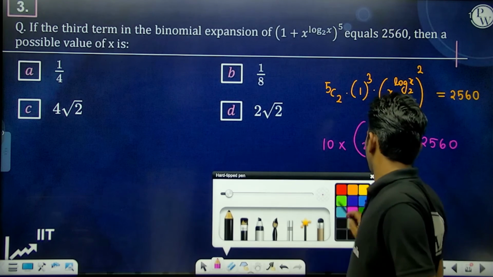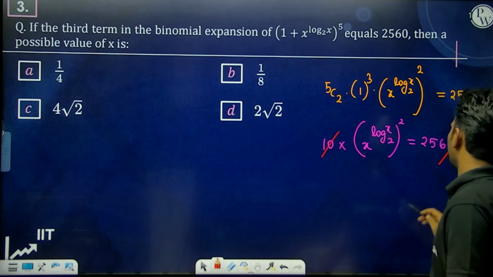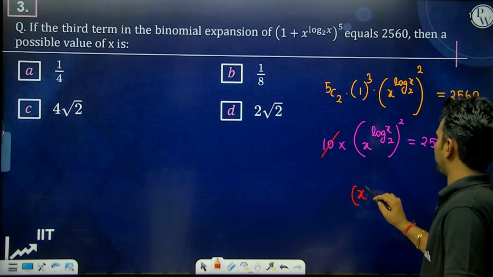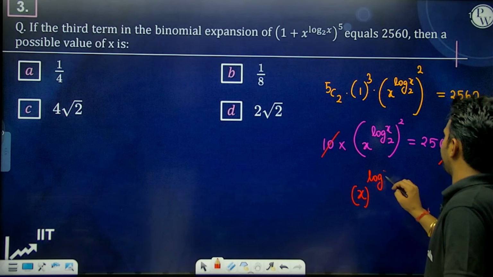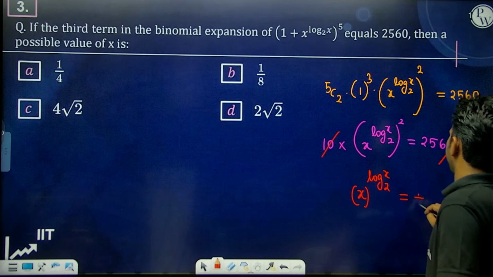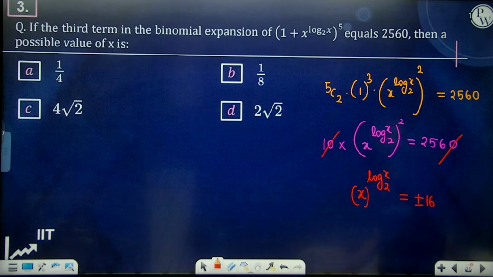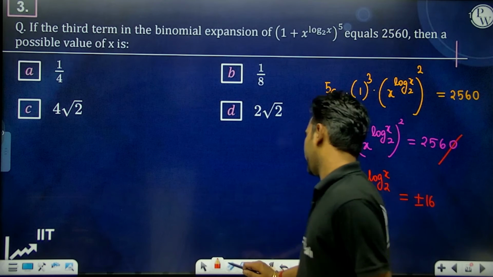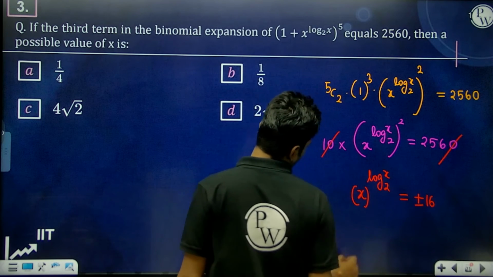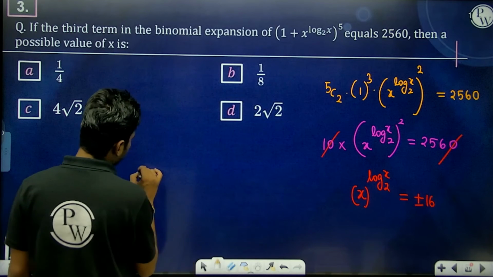So this 0 and this 0 cancelled. So we are left with x to the power log of x base 2 equals plus minus 16. Now I hope you can evaluate this value quite comfortably. Yes or no? Yes. So once we can take it equals 16, once we can take it equals minus 16,